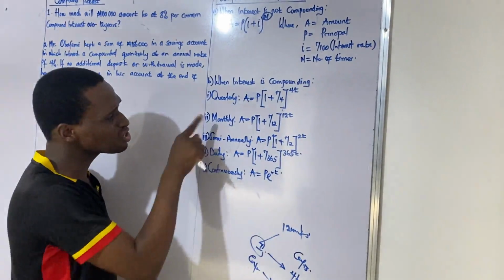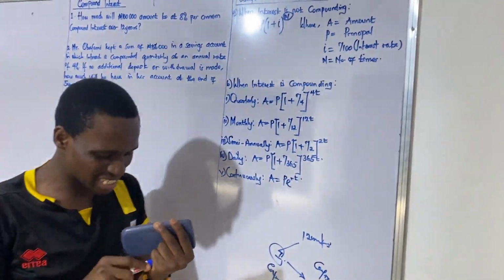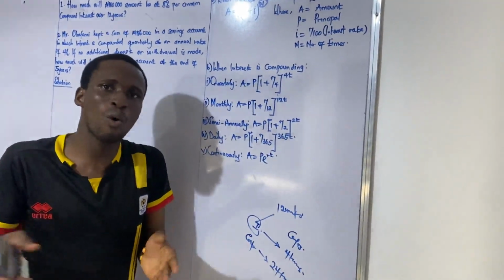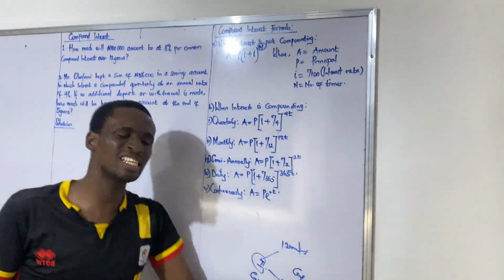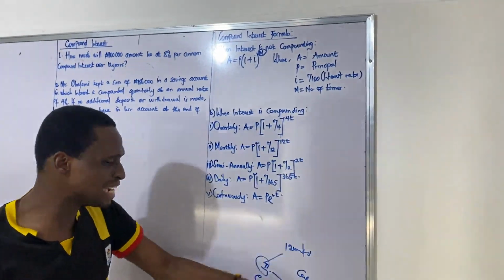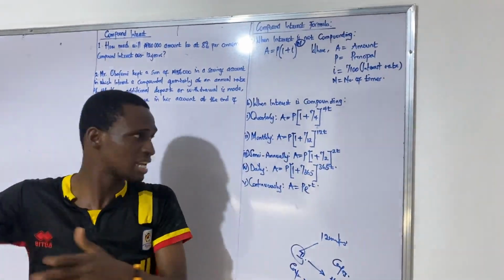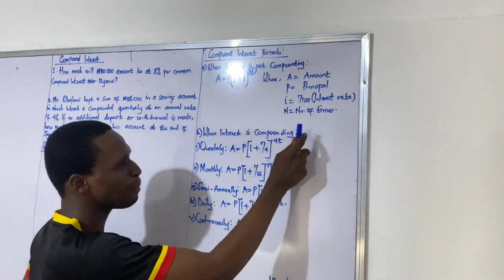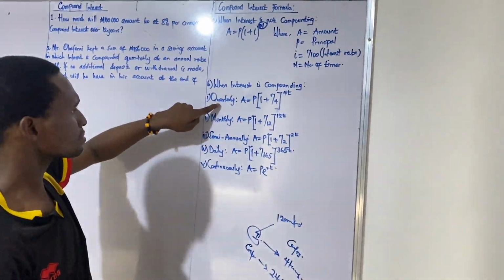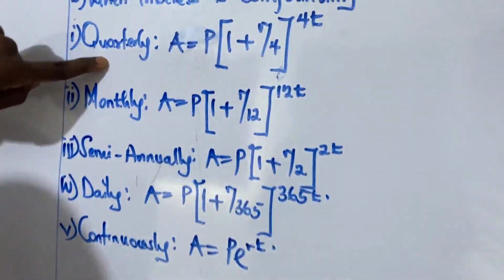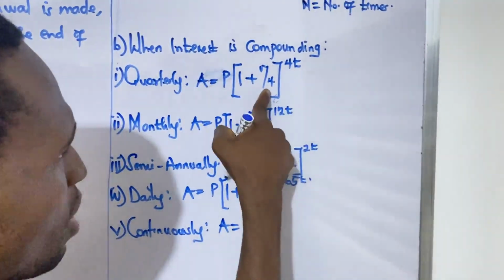So if our interest is compounded monthly, it means that we are paying that interest 12 times in 1 year. And if the investment is for 6 years, that means we are going to be paying the interest 72 times for the whole 6 years. That's what it means for interest to compound. So there is really no distinction in the formula, just that if the interest is compounded quarterly, I have my interest rate divided by